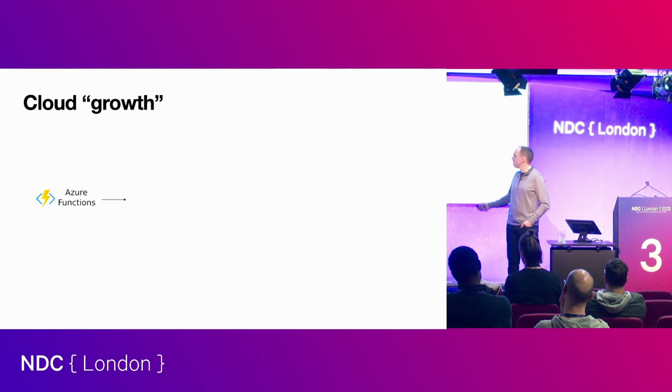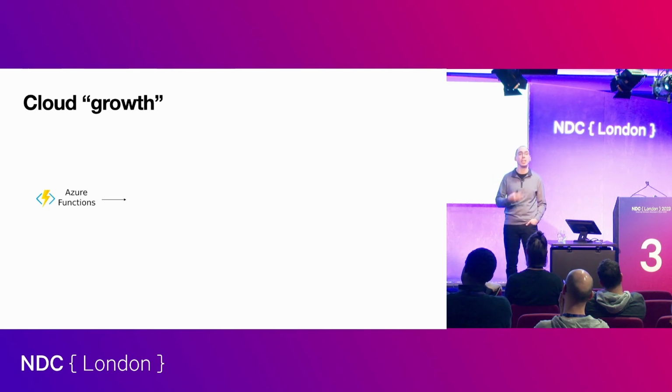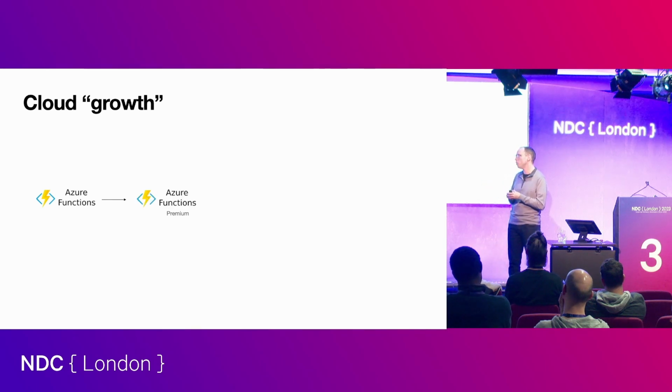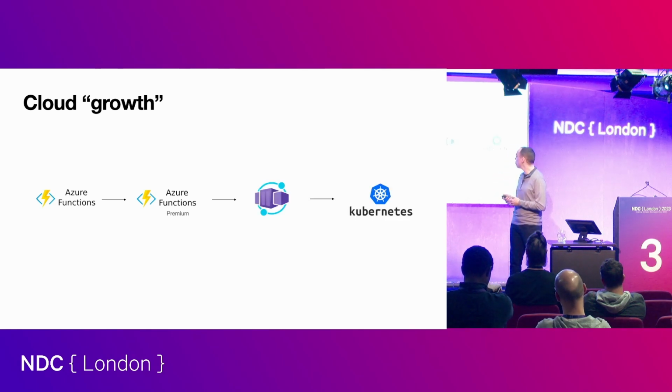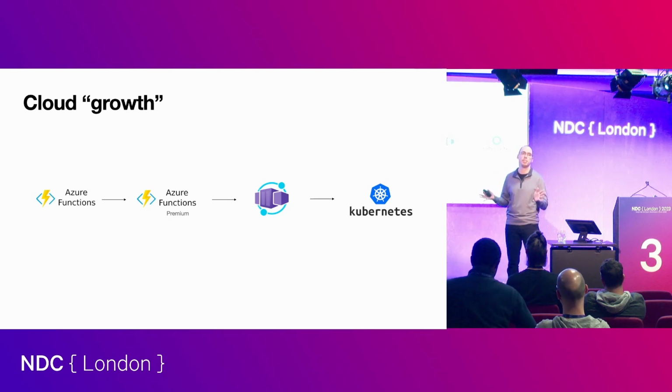But I had a situation where they're finding that Azure Functions was really expensive. Their compute was really expensive. It got them started, it got them off the ground, but now they're outgrowing it. So that's what I mean by cloud growth. More like cloud outgrowing. I don't know, it doesn't really roll off the tongue. But you could do something where you're transitioning from Azure Functions to Azure Functions Premium to Container Apps, right? All the way up to big, scary Kubernetes, okay?